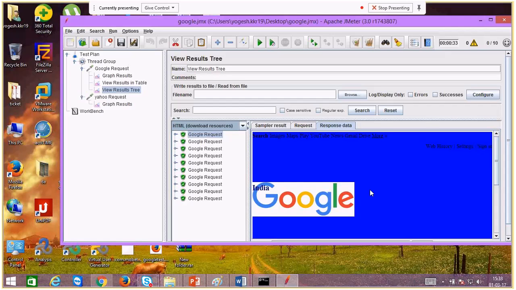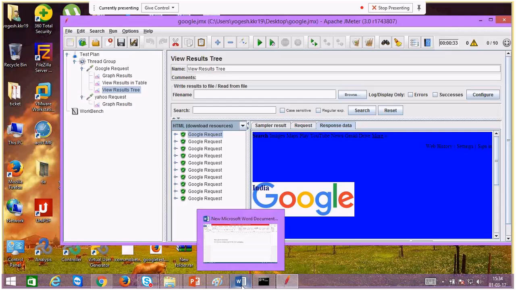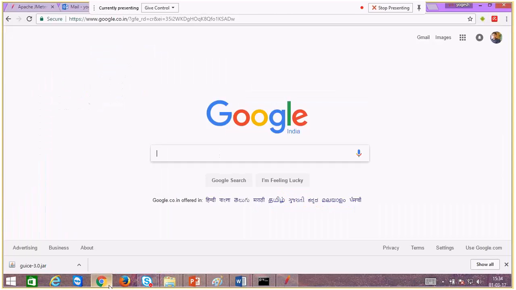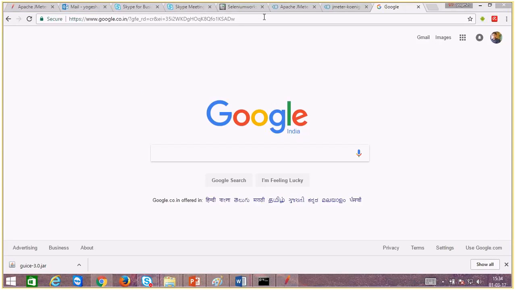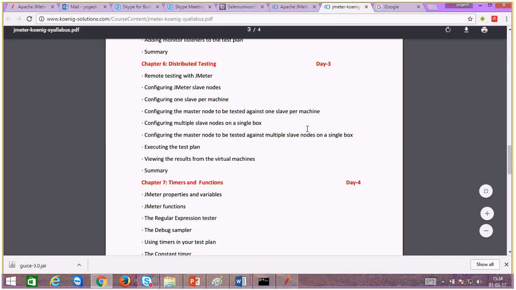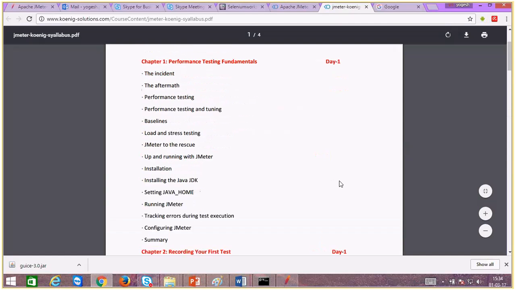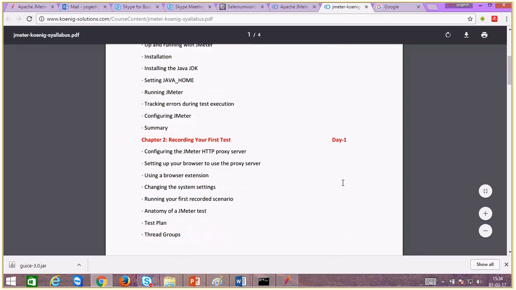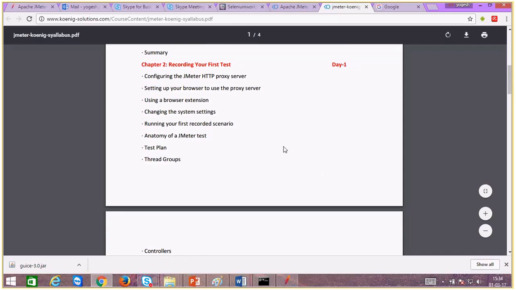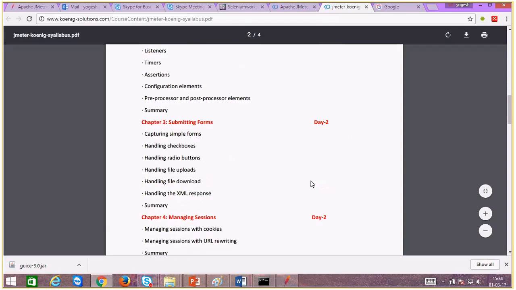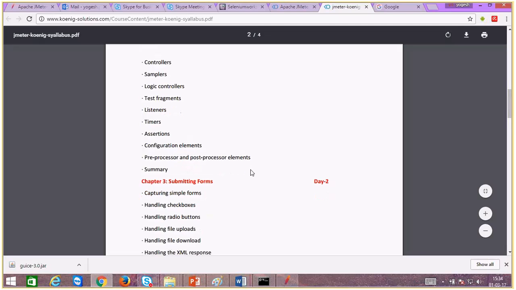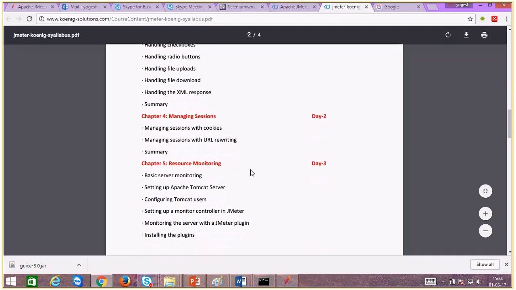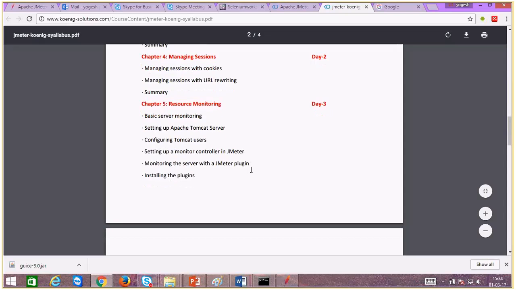Any questions, Mohammed, so far related to JMeter? Basically, in the actual training we are going to look into the following contents, everything in detail. Starting from performance testing fundamentals, installation, configuring Java, running JMeter, recording the test, recording different scenarios, submitting forms, managing the sessions, how to manage the resources, resources monitoring,